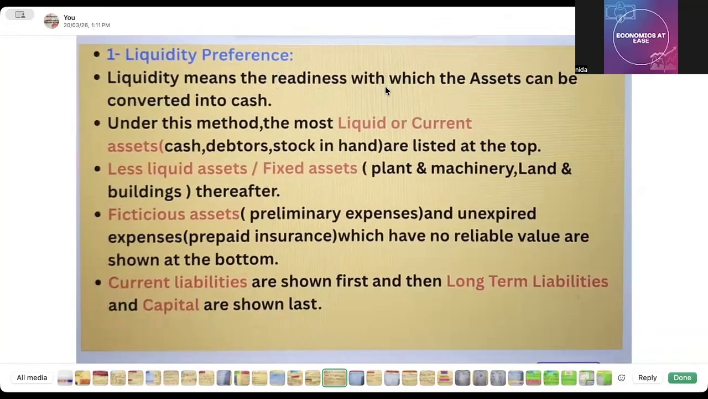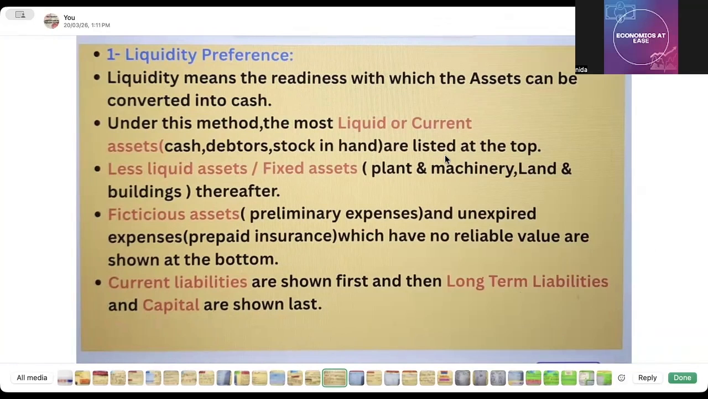Liquidity means the readiness with which the assets can be converted into cash. Readiness means quickly. How quickly the assets can be changed into cash. Okay, under this method, the most liquid or current assets. Now, current assets का अगर आपसे example पूछा जाता है, you can easily write cash, debtors, stock in hand